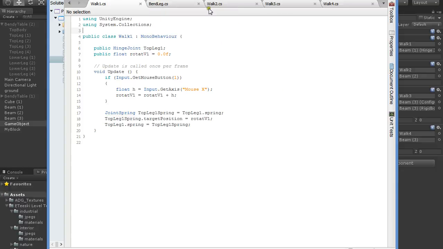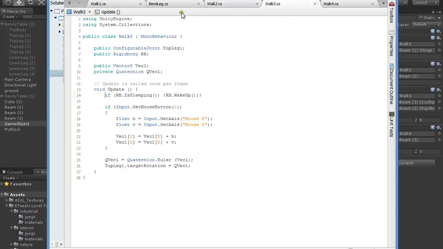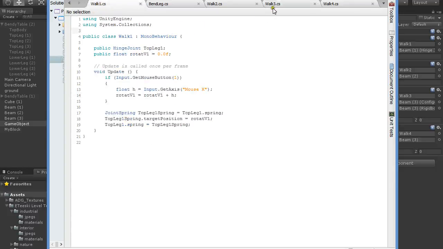This does almost the same thing, only this is calling for the game object. I'm creating a private hinge joint, and from here within Start I'm initializing the hinge joint to the game object, creating a hinge joint from the game object, and the rest of it is the same down here. This is the same as walk 1,